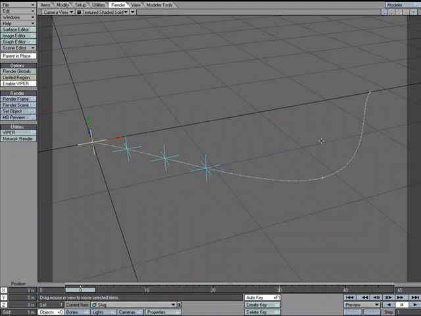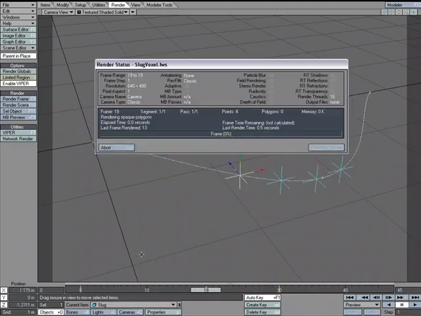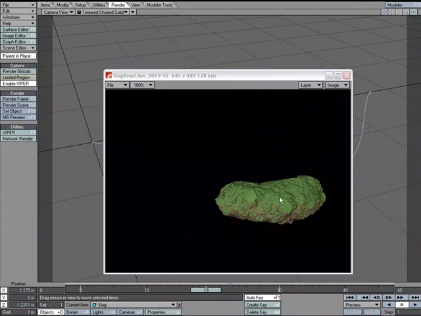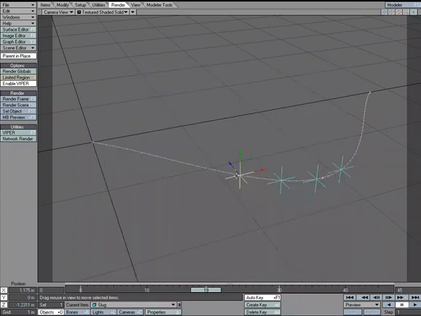In the slug video, I showed how we could take these four nulls that are moving along this path using lead the follower. I showed how we could turn those using surface voxels into this little slug creature. Okay. Now what I'd like to show you is taking this setup but having it conform to a ground surface